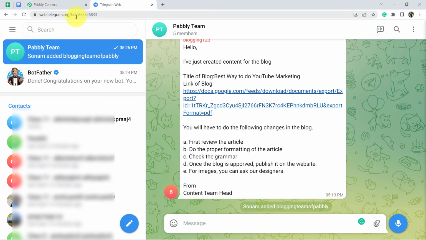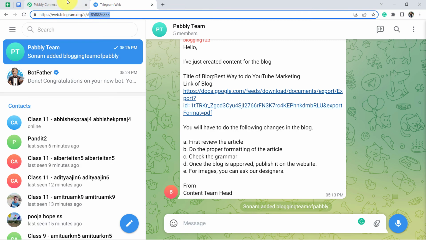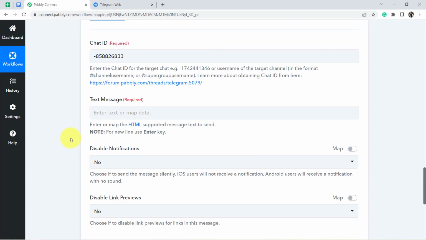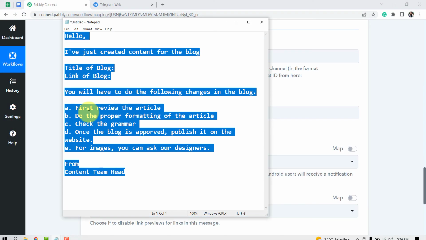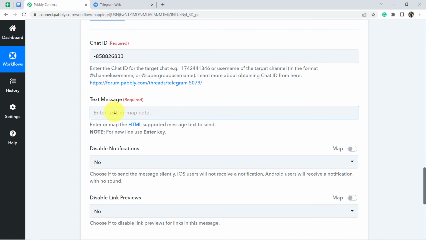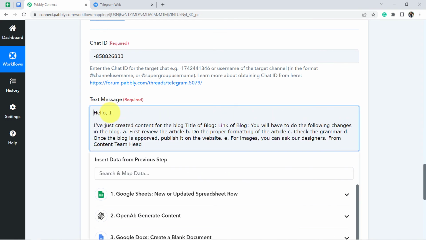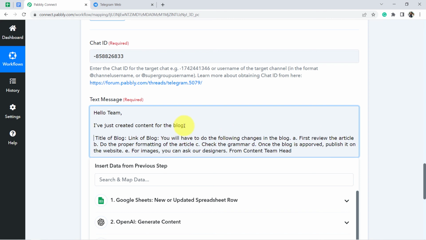Now I can copy this chat ID and paste it here in the Pabbly Connect. So I have done the same, and it is asking for the text message. So I have already created one message in the notepad. I'm going to copy the same and paste it here, and let me do the formatting first. Hello team. I have just created a content for the blog, and the title of the blog is, and here